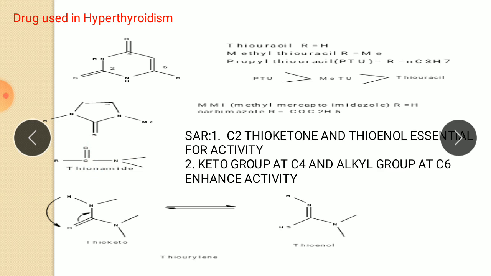These agents are potent inhibitors of the thyroid peroxidase enzyme, that is TPO. As we saw in biosynthesis, the TPO enzyme is important in the biosynthesis of thyroid hormone. So this agent is an inhibitor of the thyroid peroxidase enzyme responsible for iodination of tyrosine residues of thyroglobulin and coupling of iodotyrosine residues to form the